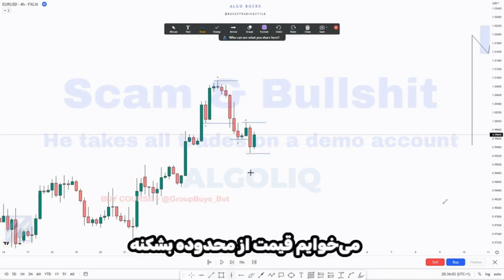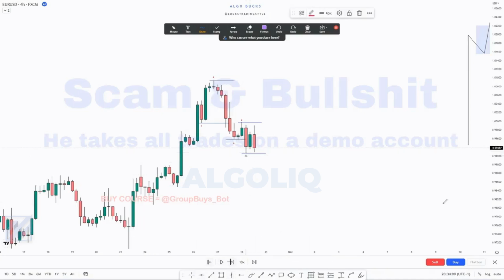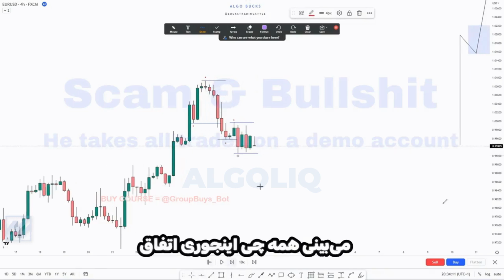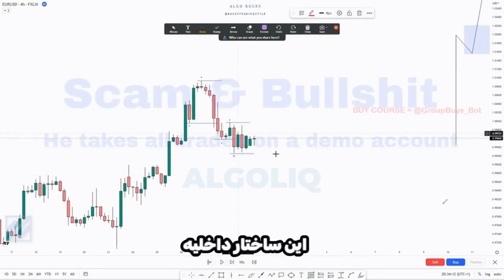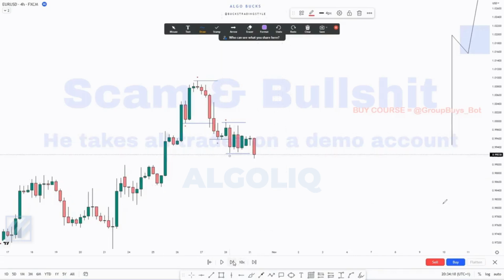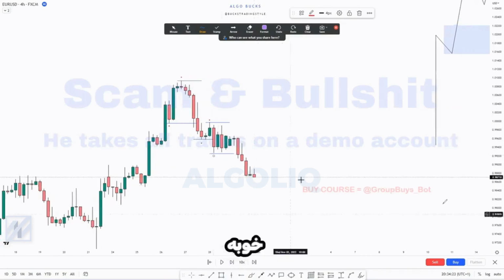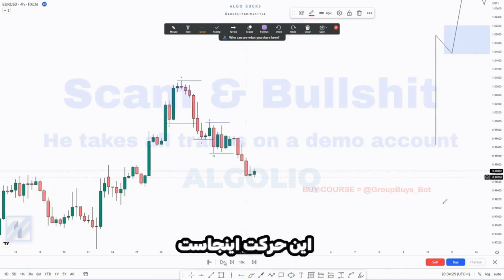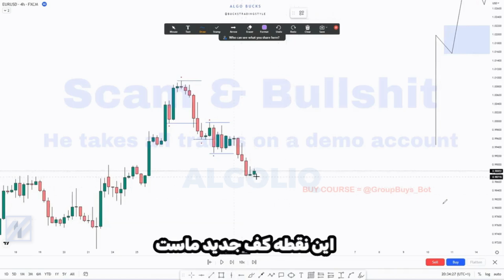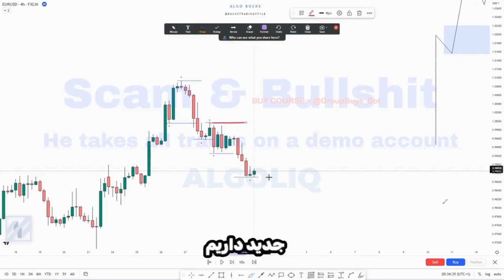We want to see price break out of the range. Let's see what the price does. Price is still stalling. You see everything happening like this now. It is internal structure. Now we have our break of the range. We want to see a retracement in order to mark the low. Good. Right here, this becomes our new low. So from this high to this low, we have a new range.